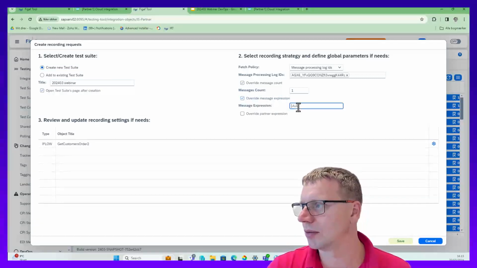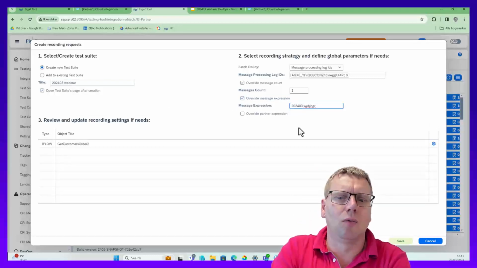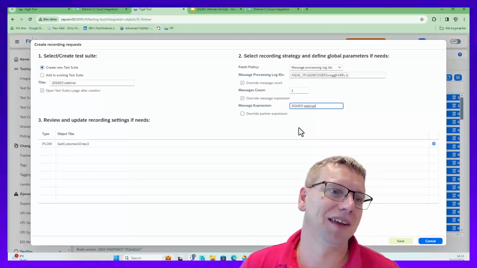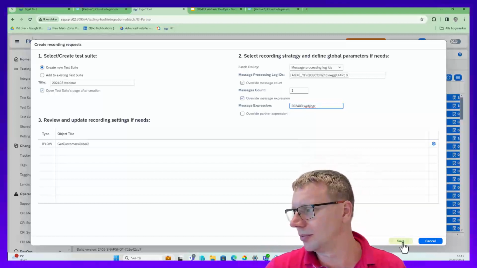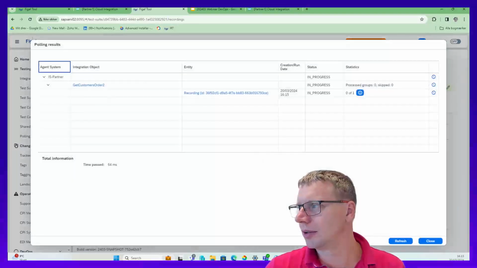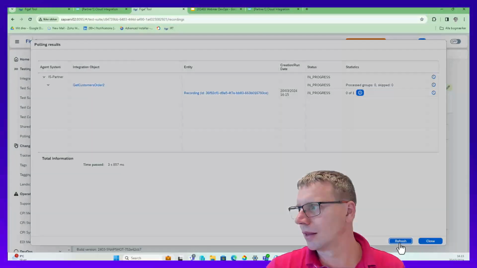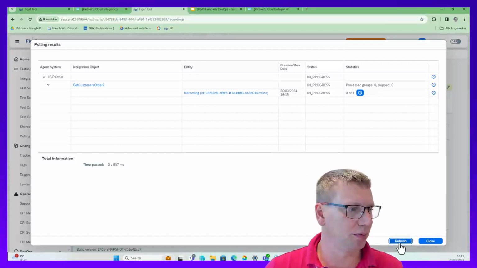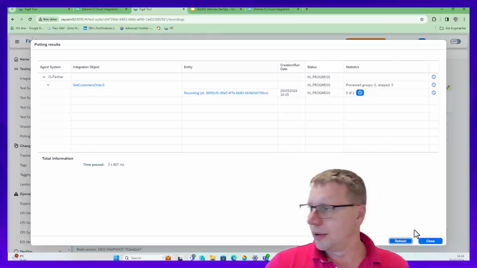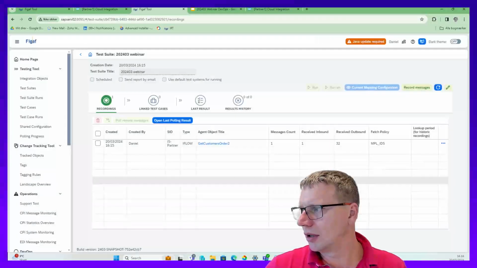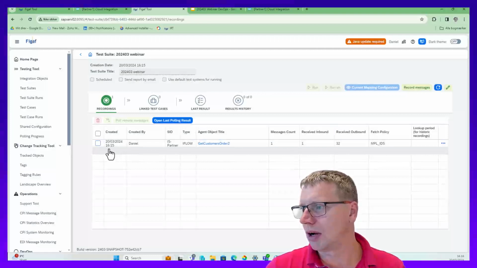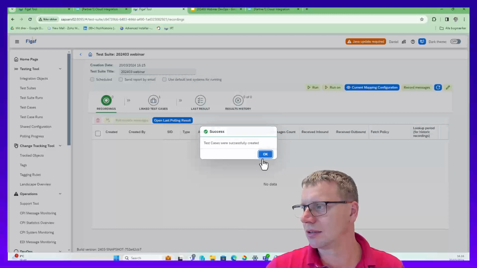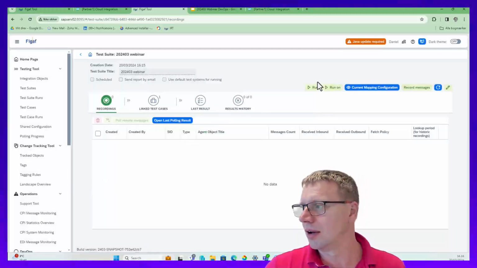We can put in some message expression about why we are doing this. What is it? This is to test purchase orders. This is to test something else that we need to look into. So we will create it. And now the FIGAF tool will fetch all of this trace data from this processing. And now it's done. So now we have 1 incoming message, 2 outgoing. That was all we needed to do to create a test case that we can run and see if everything is as expected. We can easily run it,